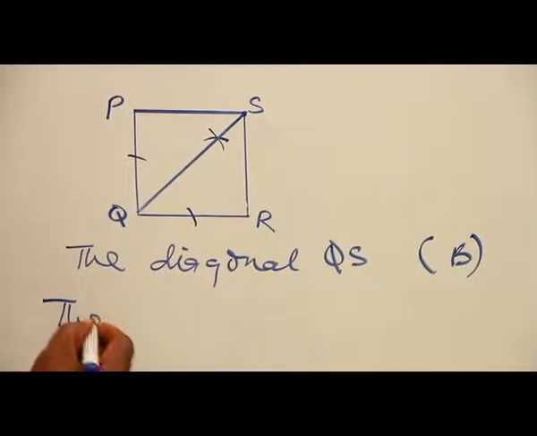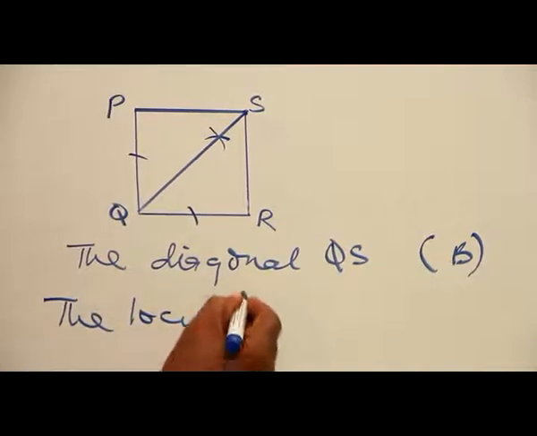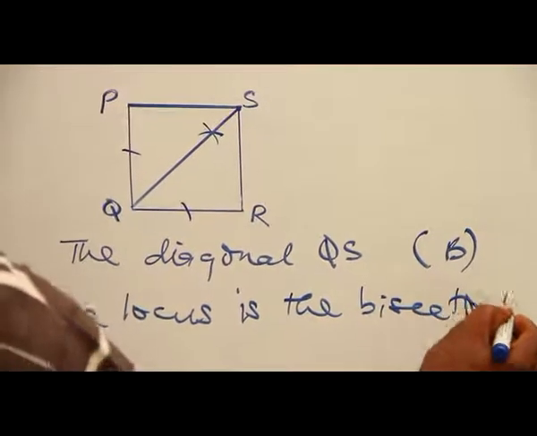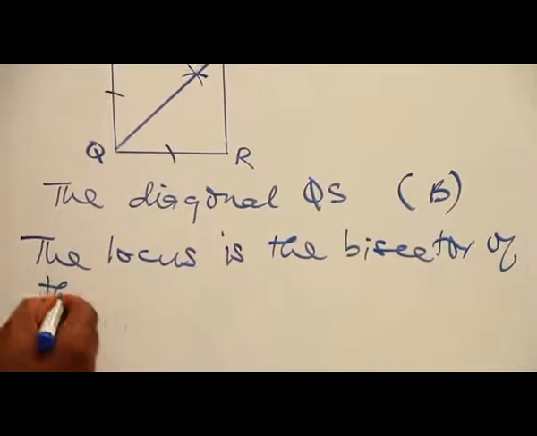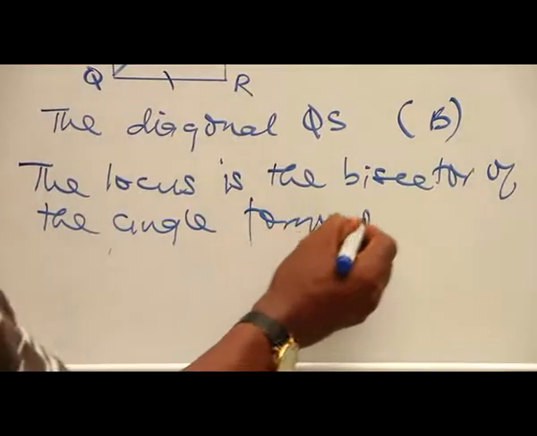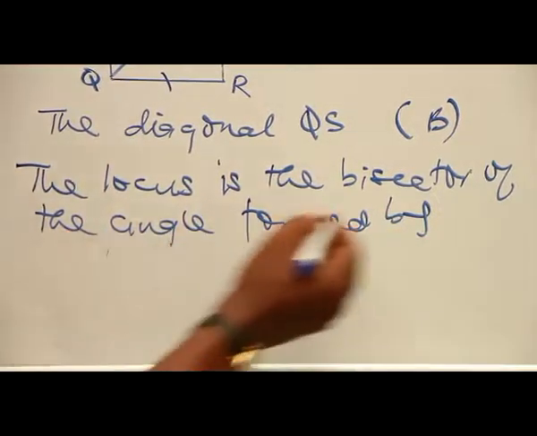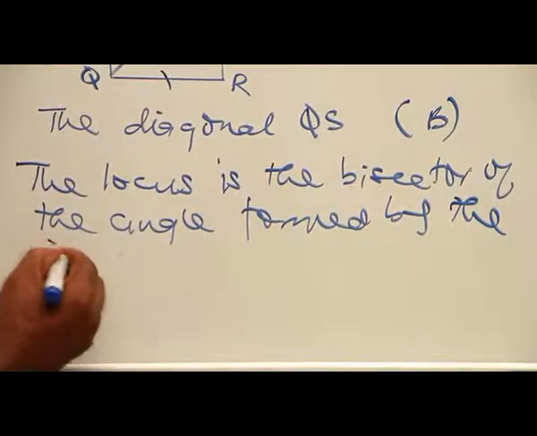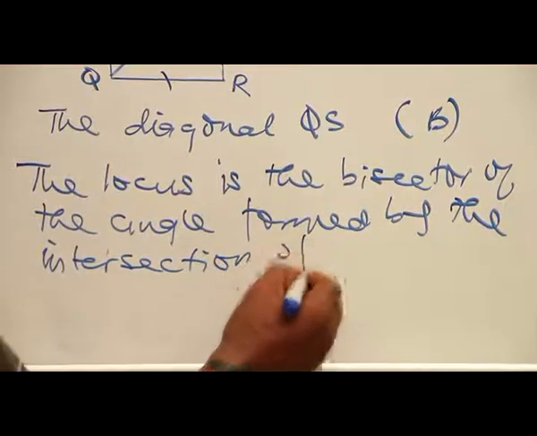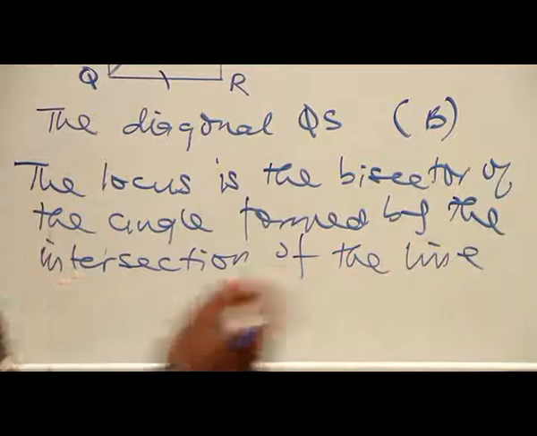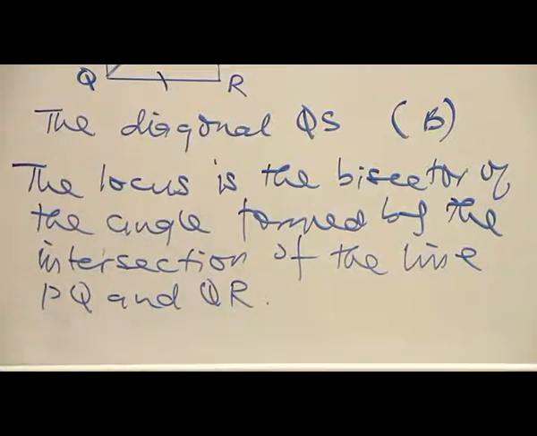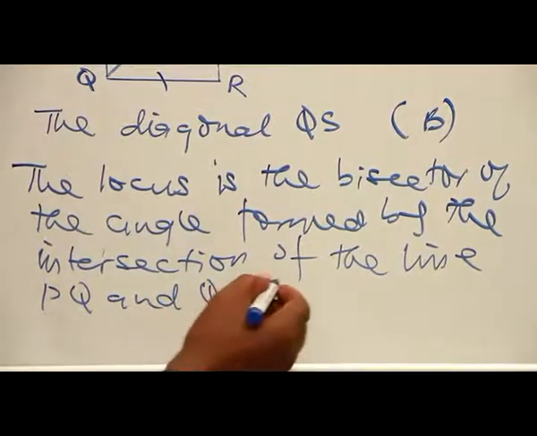The locus, therefore, is the bisector of the angle that is formed by the intersection of the line PQ and QR. This is the diagonal